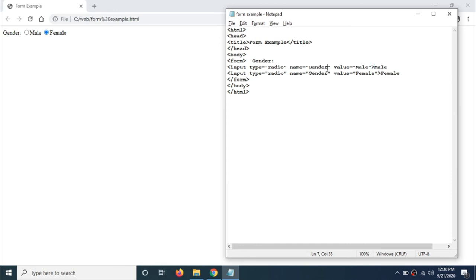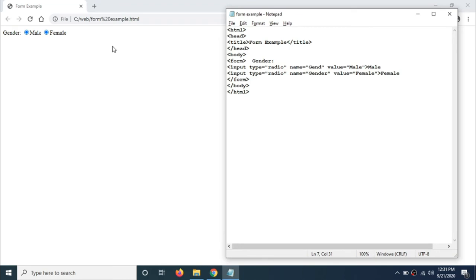What if these two names are different? For that, I have deleted two letters from that name, and I'll press Control S. Now I'll run this again. Now you can select both. Why? Because here both the names are different. One is gen, another one is gender.